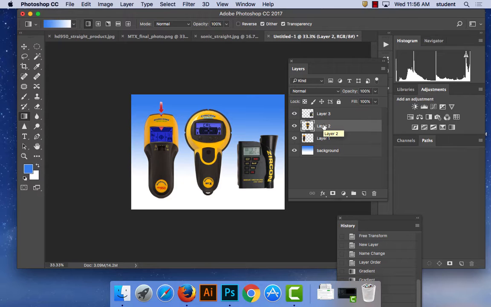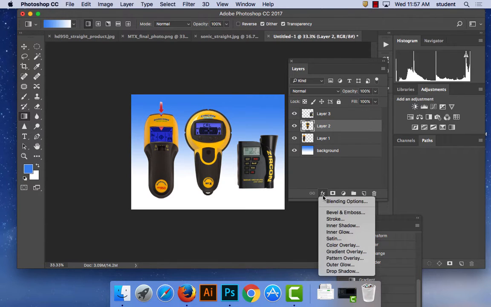Now in your little handout down there, you'll notice there's one that says layer effects. The very bottom, the very last one in your handout there is called layer effects. Those layer effects are located, of course, in the layer window, and the effects are down here where it says FX. So if you want to add a drop shadow to this product, I can come down to where it says FX right there, and I can hold the mouse down on top of that, and you'll see there's all